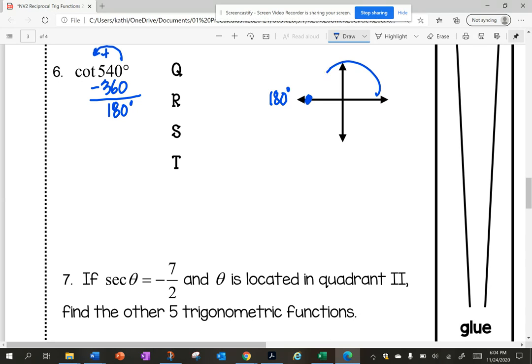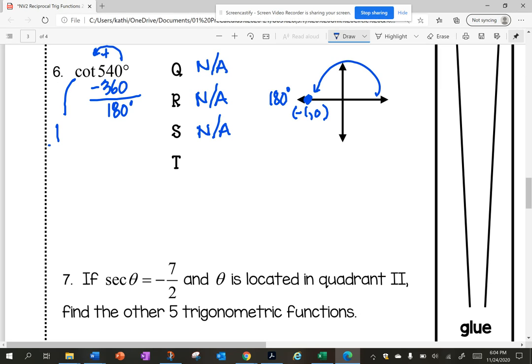So this is my angle here. So quadrant, I'm not in a quadrant, so that does not apply. When I am on an axis, I do not have a reference angle, so that does not apply. The sign does not apply if I don't have all this other stuff. So I realize this is a point, so this is negative 1, 0 is what I have. So I'm looking at